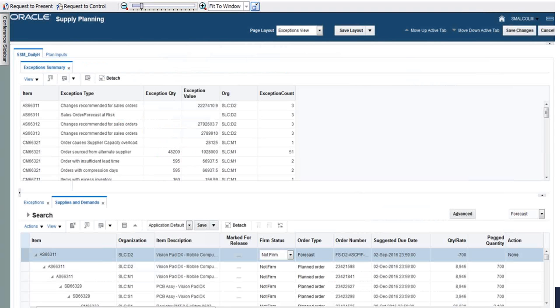Within the pegging information that you see in the bottom half of the screen, as you dig further into that pegging information, if you notice, you can now look at and firm and do those actions under the pegging information underneath as well. So really, with those embedded windows and that extra pegging information at your fingertips, this really can help make the supply chain planner's day much more efficient, and make the usability here, I think, leaps